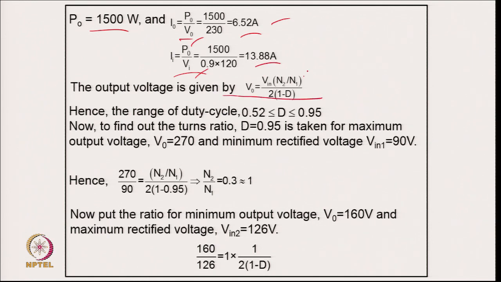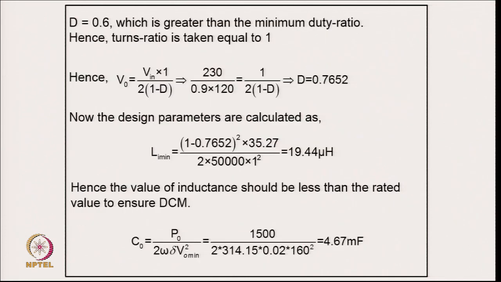and from the relation of output voltage, from duty cycle selection in the range of 0.5 to 0.95, taking 0.95 and taking a minimum voltage of 90, we can find out the relation of turns ratio of 1. Then putting the minimum output voltage and maximum input voltage, we can find out the duty cycle, that is 0.6, which is greater than the minimum duty ratio, hence the turns ratio is taken 1, and from the relation of this input output with duty we can find out the duty cycle